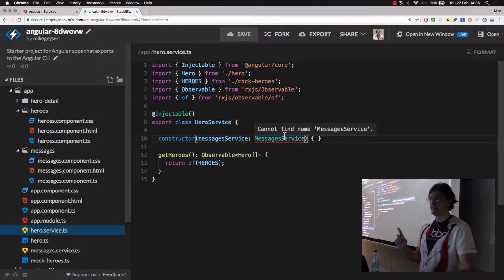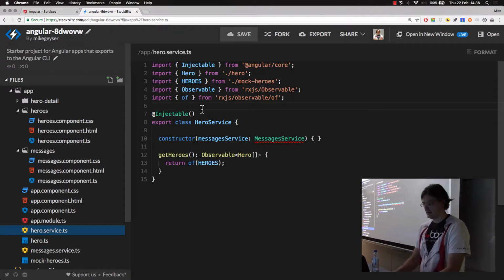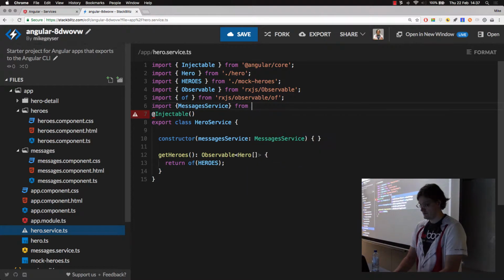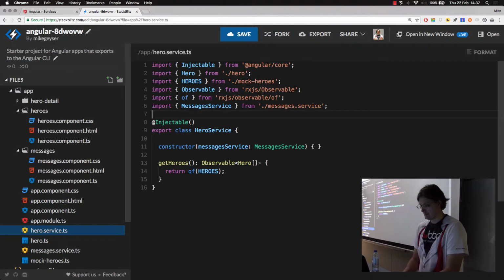Why is it going to complain at us? We didn't reference it. That's right. So we need to import messages service from messages.service. Okay, format that so it's pretty, and then we're going to get it right over there. Okay, and then we're going to use it. So what this is